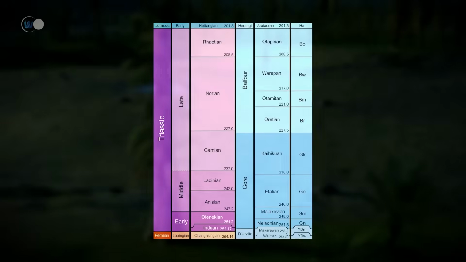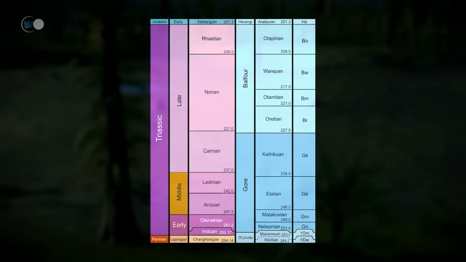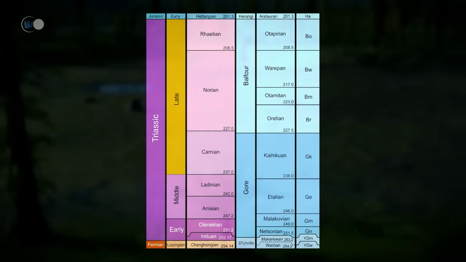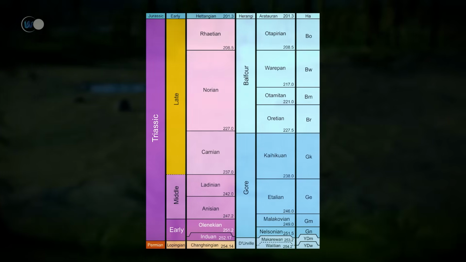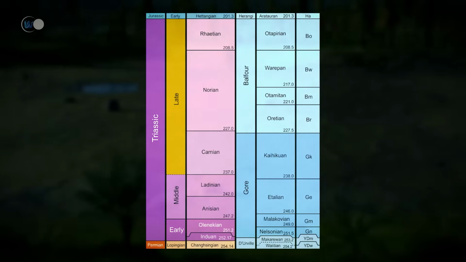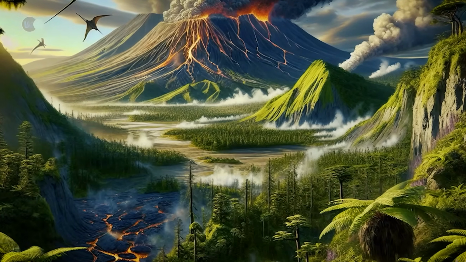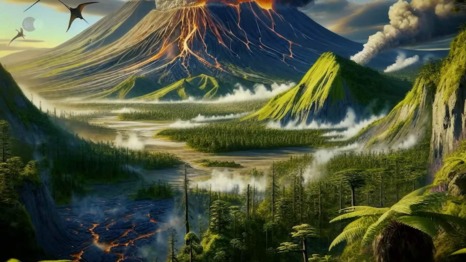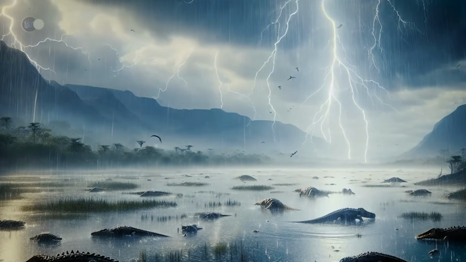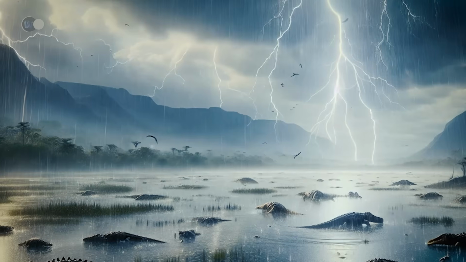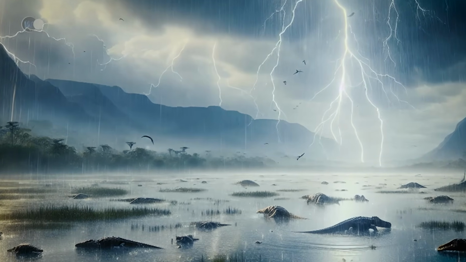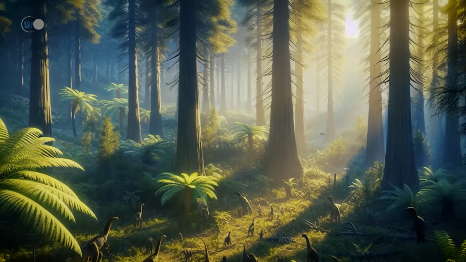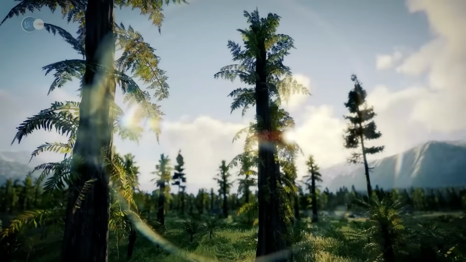The Triassic is divided into three major subperiods: lower, middle, and upper. These divisions help geologists precisely organize the study of rocks, fossils, and the evolution of life. To be even more precise, the Triassic is also divided into stages with specific names: Induan, Olenekian, Anisian, Ladinian, Carnian, Norian, and Rhaetian, all internationally recognized. The first two belong to the lower Triassic, the next two to the middle Triassic, and the last three to the upper Triassic. These subdivisions allow for a detailed understanding of this complex period.